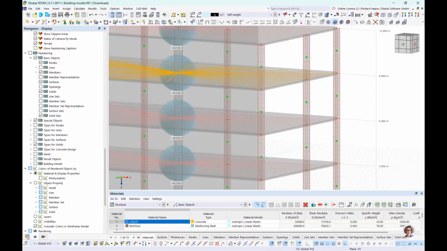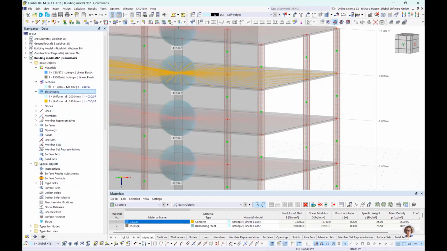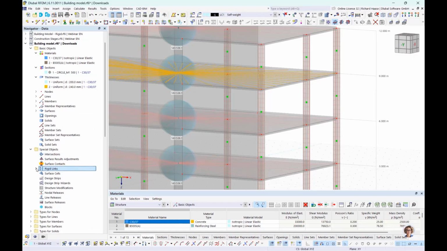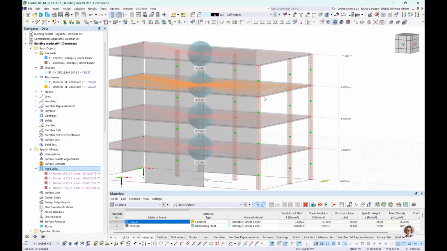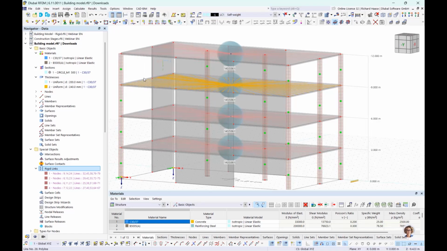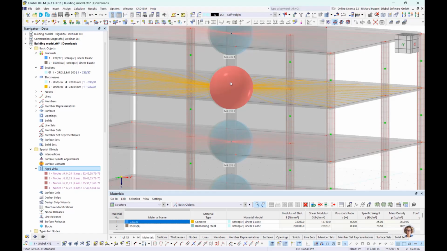We have here also special objects, rigid links, and these rigid links connect the edges of every slab to the center of mass per story. So this is a